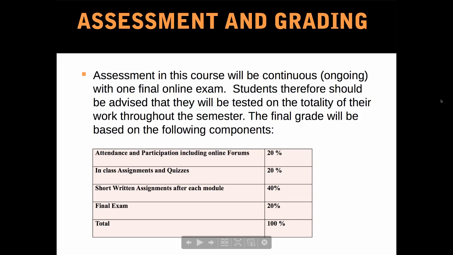So you are expected to keep up with each module and, if necessary, answer some short questions in the shape of quizzes. These will also check your participation and attendance, which will be measured by how accurately you respond to short answer questions, and also the relevance and clarity of your contribution to online forums.